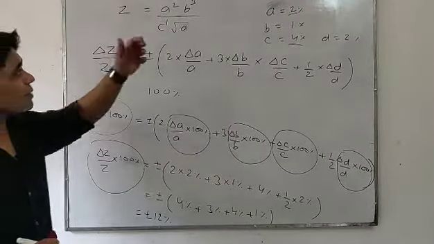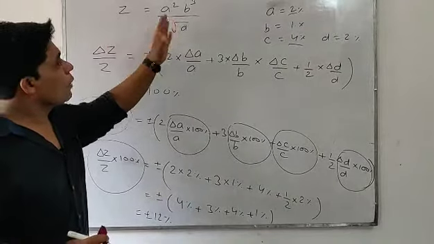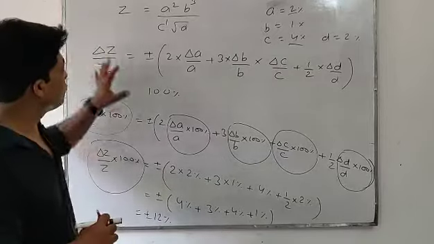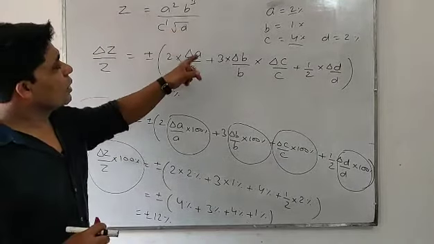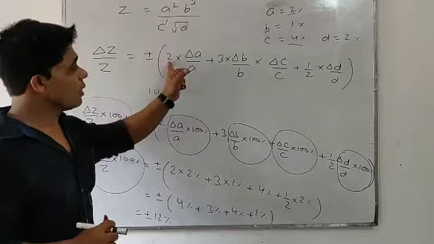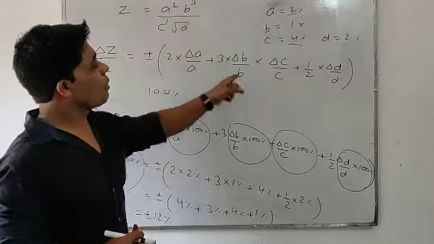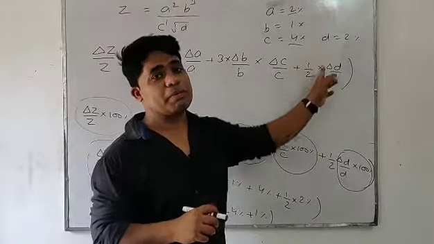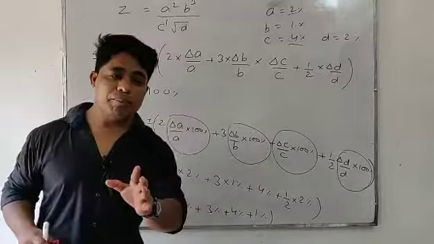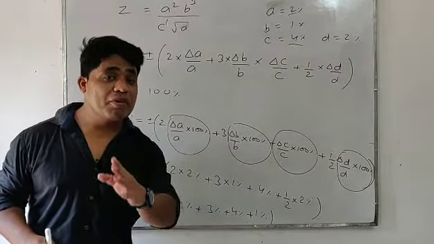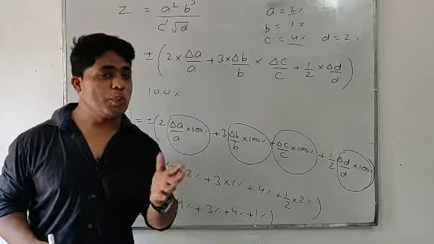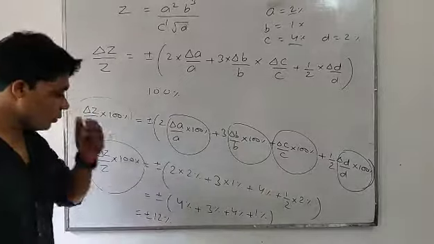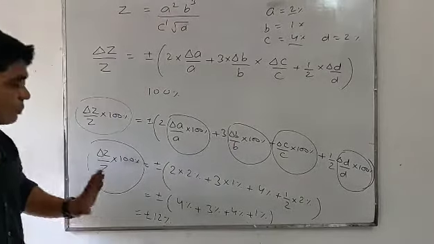What we did is a simple formula. A physical quantity is given. We first converted the form into absolute or relative error on account of combination of error. Delta Z by Z, A is written as delta A by A, and remember, power always comes in multiplication. 3 comes in multiplication, delta B by B. Delta C by C. Root means power half, so half comes in multiplication, delta D by D. This is the absolute or relative error. By multiplying both sides by 100%, we converted absolute or relative error into percentage error. And we are given the percentage errors of A, B, C and D. We put in the values, the numbers remain as they are, and we got 12%. Okay students?